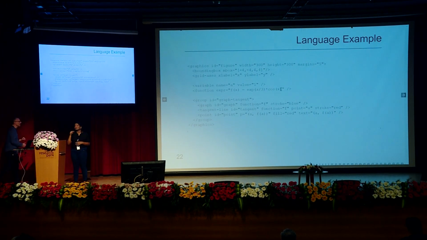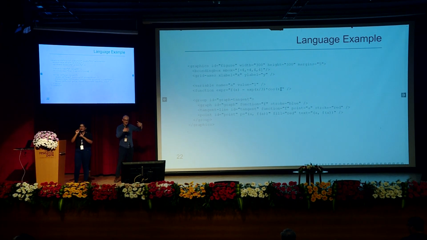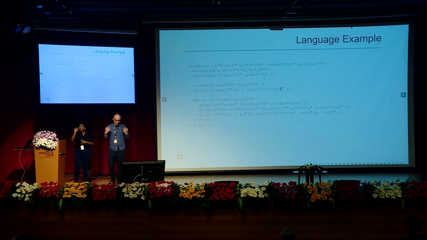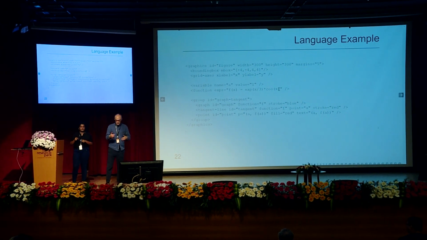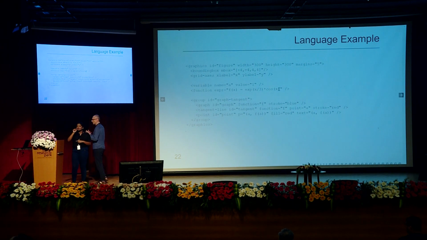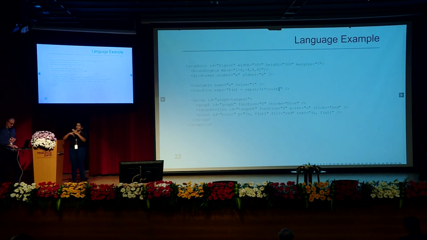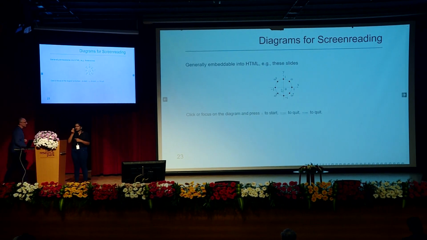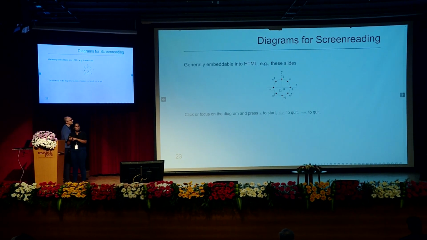And here's just an example of that language, not particularly exciting. It's a very small XML language which effectively specifies things like the grid axis if you need any. It specifies things like functions that you want to have plotted, and it specifies other points of interest that you might be interested in. And then it's being built and annotated. And I'll show you a couple of examples, because examples are normally more exciting than actually looking at XML dialects.